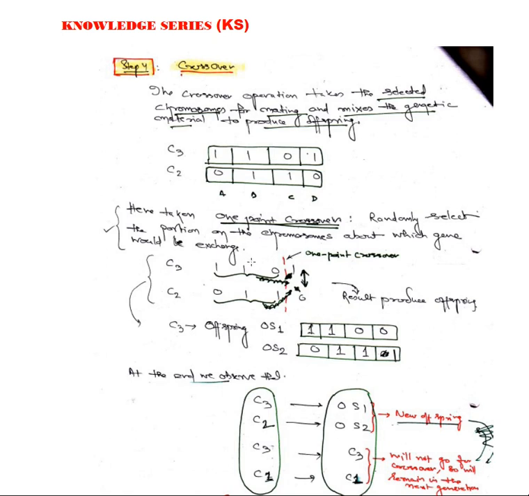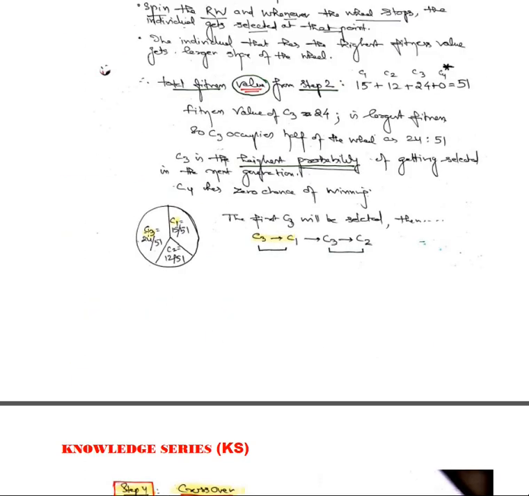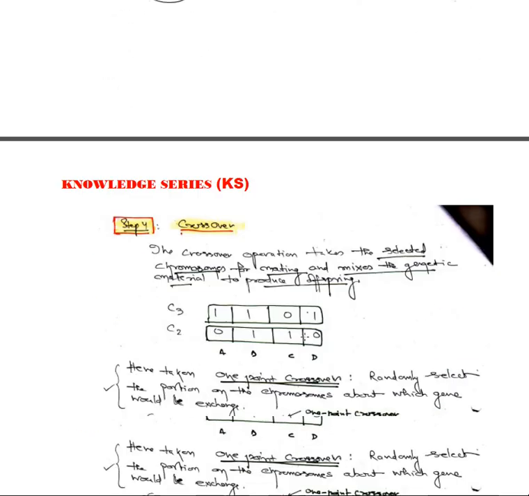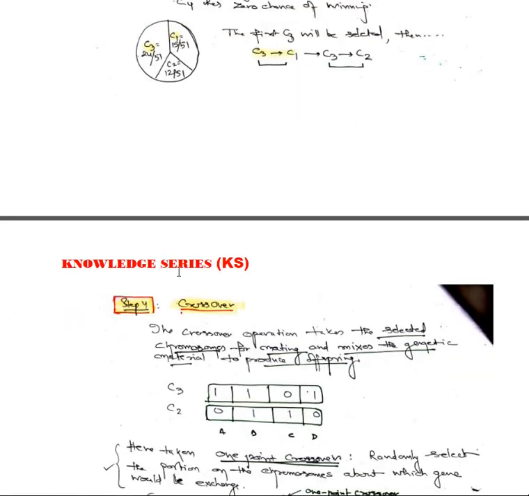So in the first case you have chosen C3 and C2. Let us take that you prefer C3 and C2 among these, because you have a possibility among these three fits. C3 has the first highest probability, this is lower, then this is lower. So what is C3? 1 1 0 1, and the other one is 0 1 1 0. So that is C3, 1 1 0 1, and C2 is 0 1 1 0. This is the next combination which you are taking into consideration.